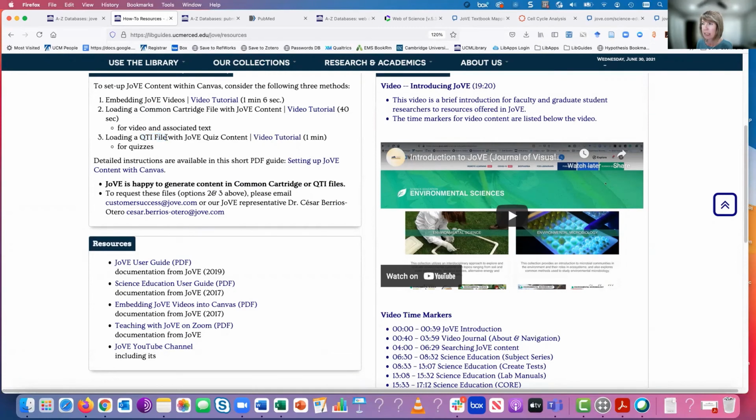My understanding is this can be good, especially if you're bringing in a lot of the JoVE content to your CatCourse site. And JoVE is actually the one that would need to generate those files for you to bring them into your CatCourse. So you can request those through their customer success email or through our JoVE representative, Caesar, at this email. So that's another option, especially if you're thinking about integrating a lot of